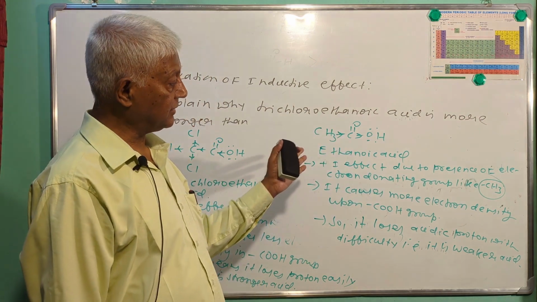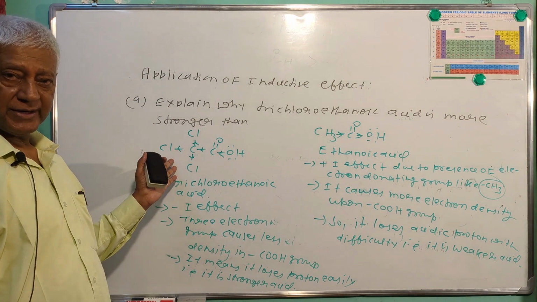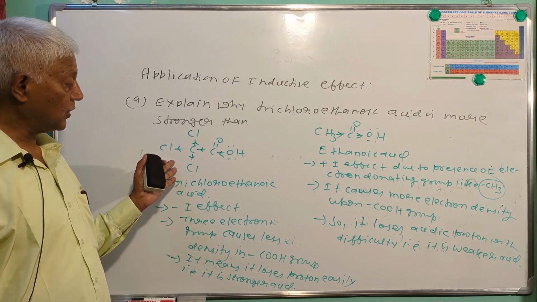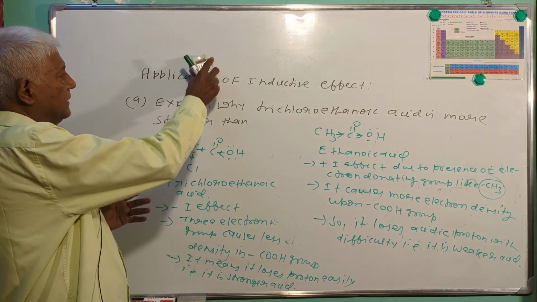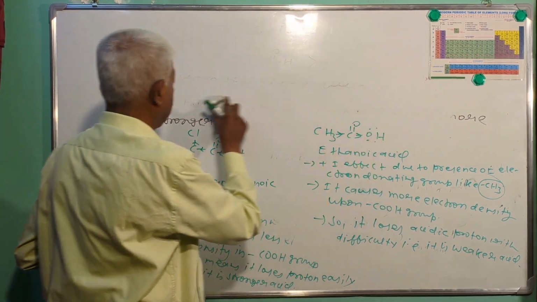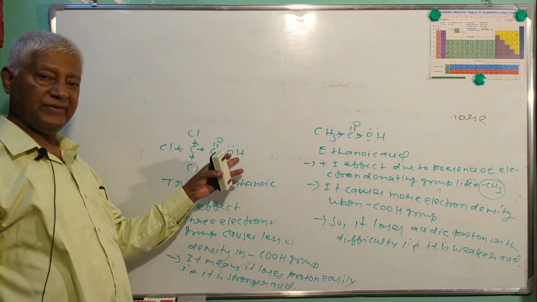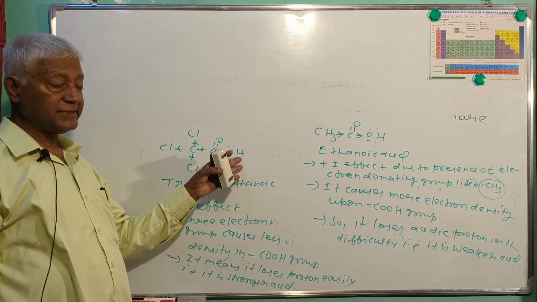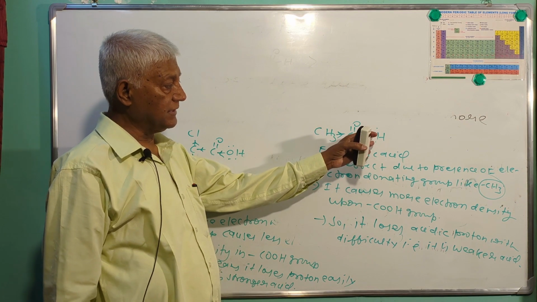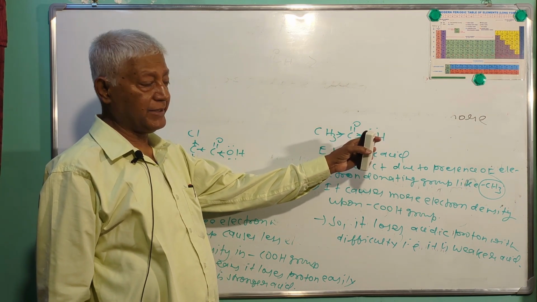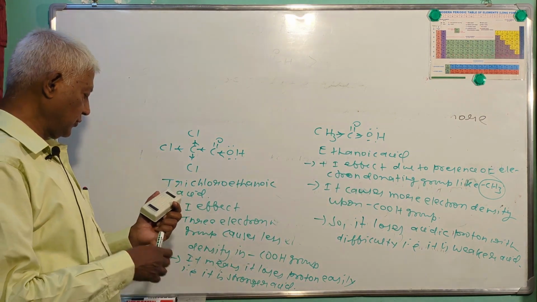So I think this is the weaker acid. Why weaker acid? Due to the presence of an electron donating group. But the other one is a stronger acid. Why? Because it has an electron withdrawing group, which causes less electron density, so the bond between O and H is very weak. So it loses H very easily, so it is a stronger acid. But in this case, electron density is high, so the bond is strong and we can remove H only with difficulty. Yes. Next question is,